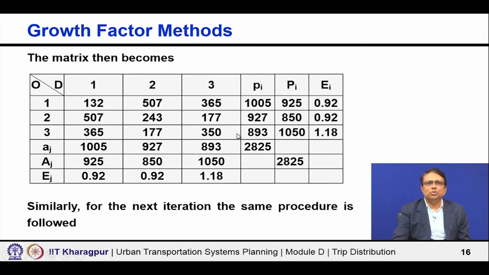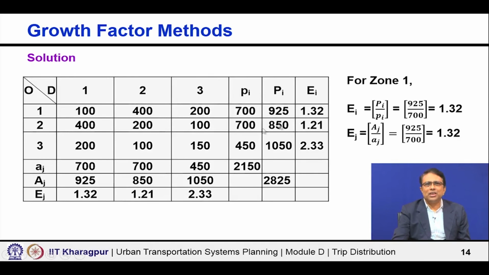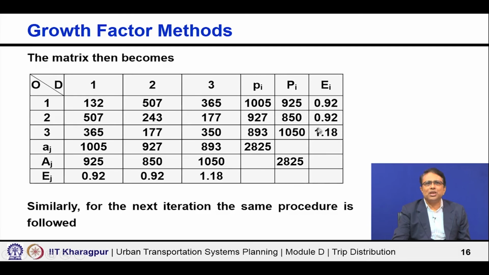Third case, you got 893, you want to get 1050. So, with a growth factor of 1.18. So, these are your new growth factors for the next iteration. As you got growth factors here 1.32, 1.21 and 2.33, instead of that, now you got your growth factors as 0.92, 0.92 and 1.18. Okay. So, you will go to a second iteration,